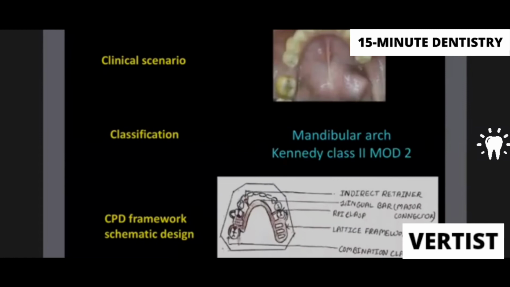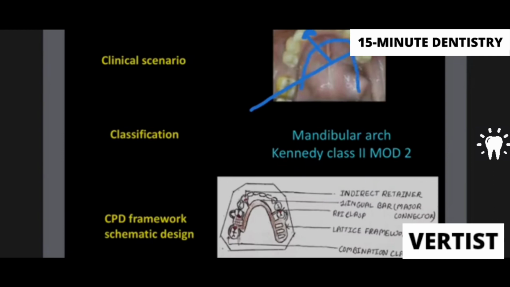Then I go to the class 2 modification. This is a mandibular arch. As I said, if you have enough depth of lingual sulcus, you can use a lingo bar. And this is a class 2 situation which will necessitate the use of an indirect retainer. This is my fulcrum line, right angle. So I have a canine rest which is going to act as my indirect retainer, my lingo bar,